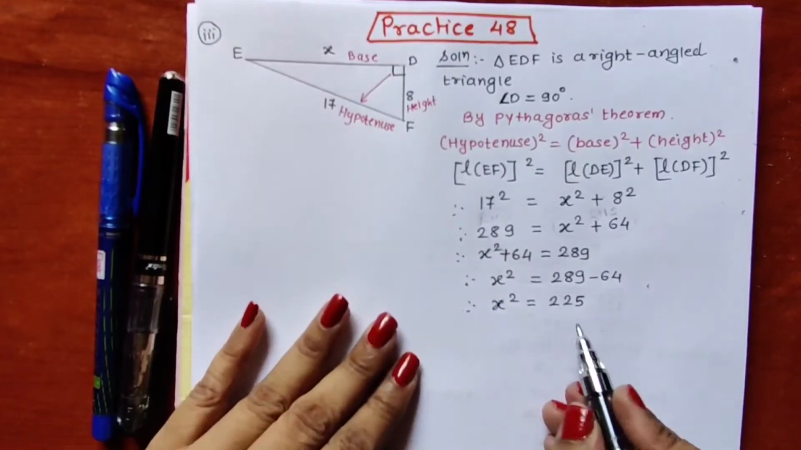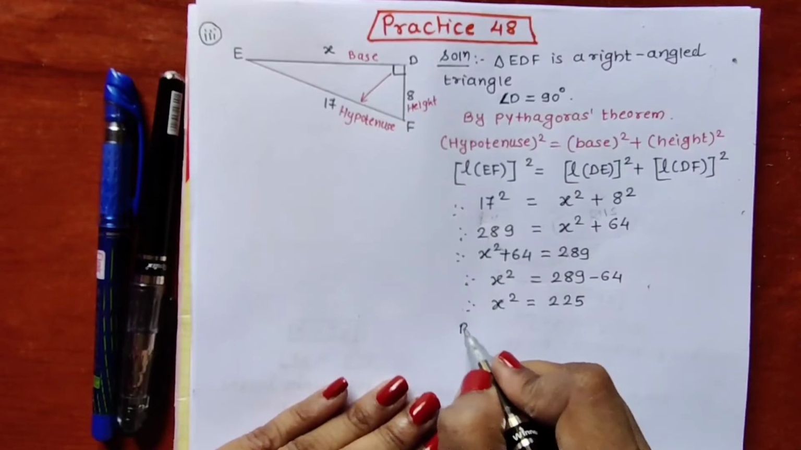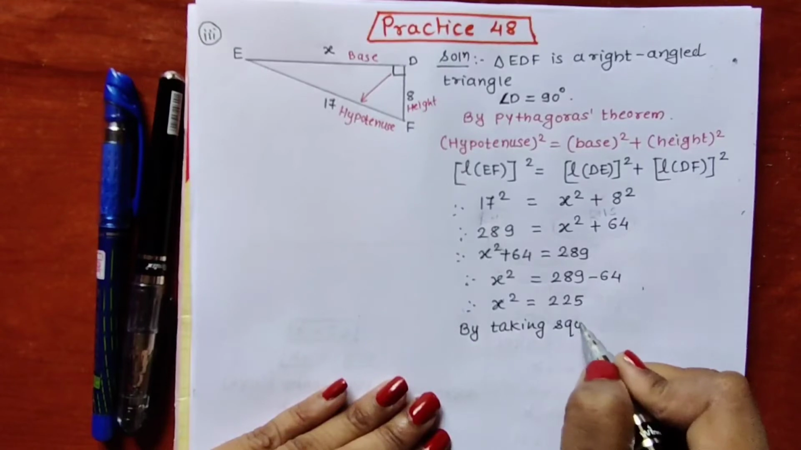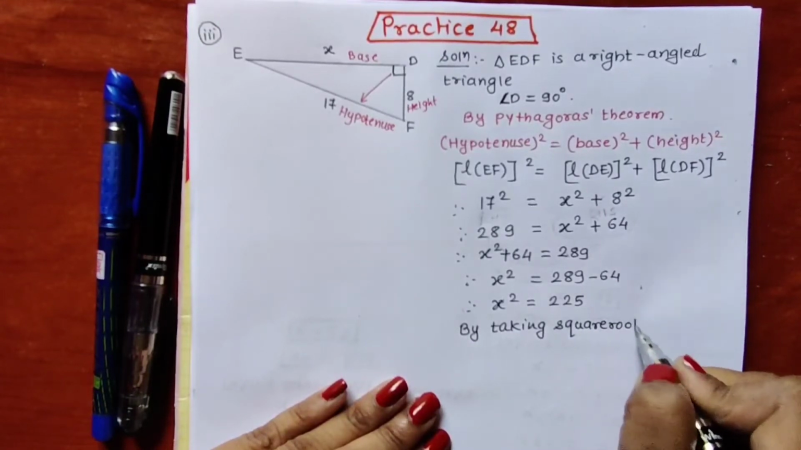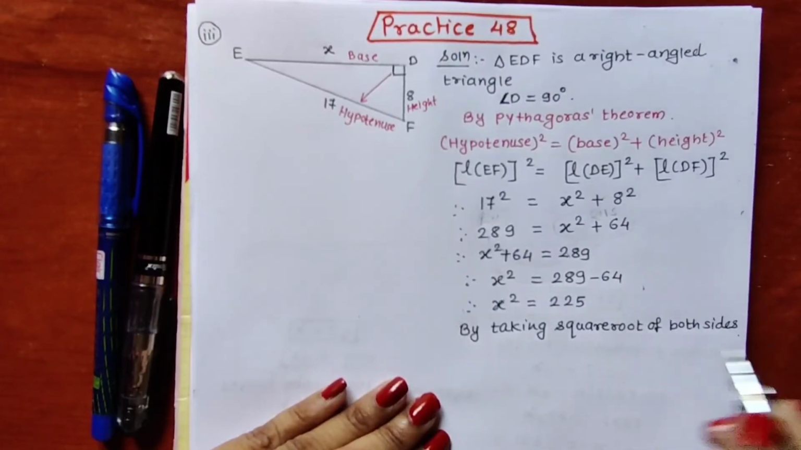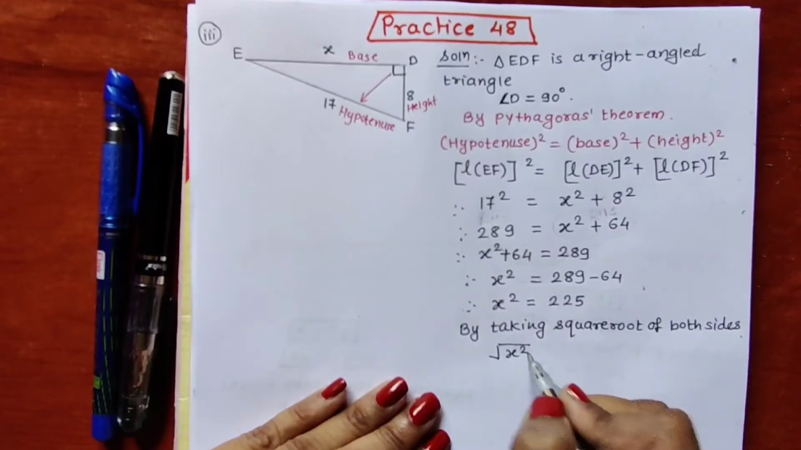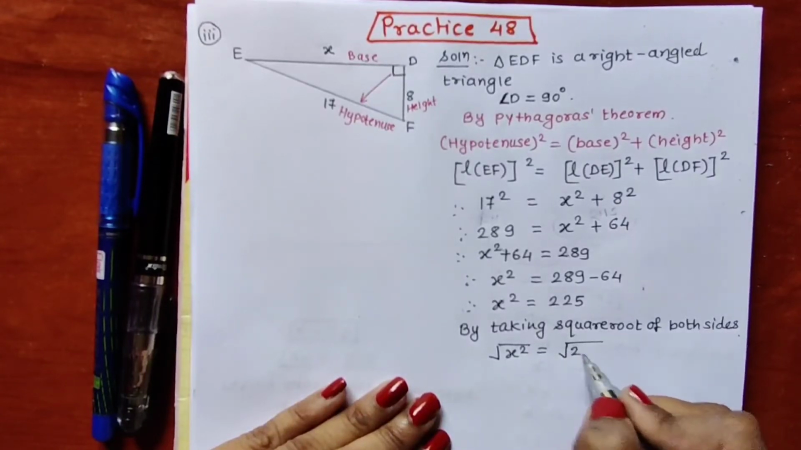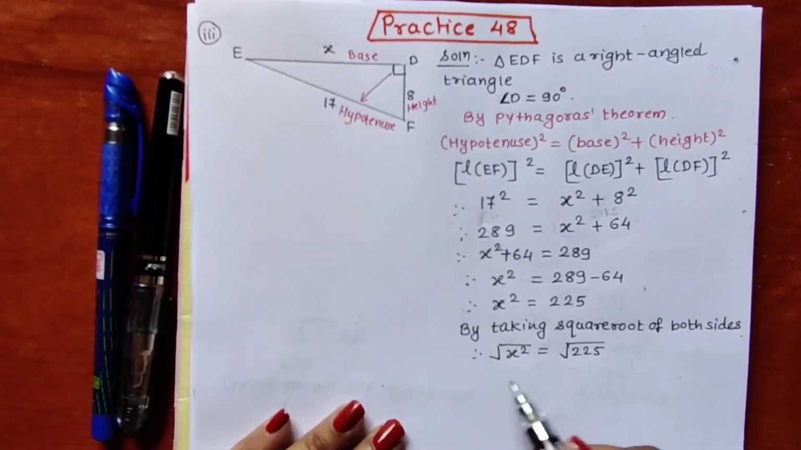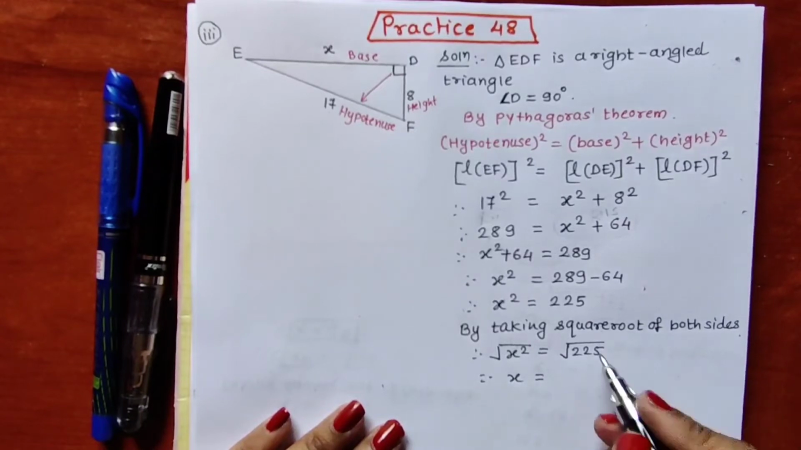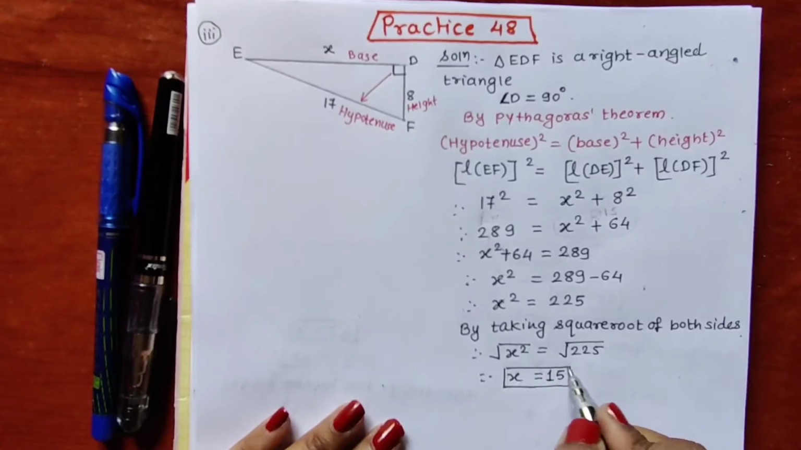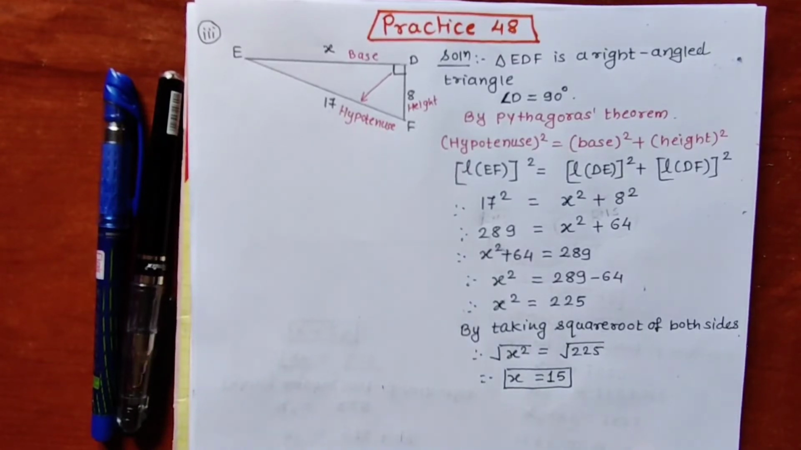Now we are getting the value of x square. What should be done next? By taking square root of both sides. So we will put this under square root symbol x square and under square root symbol 225. Here square and square root cancel each other and we will get only x, and 225 is square of 15. So 225 square root is 15. So in this way we can solve all the sums from question number 1 of practice set